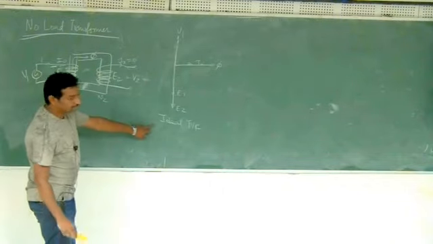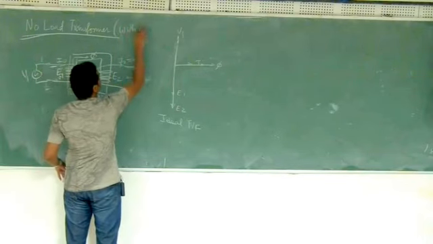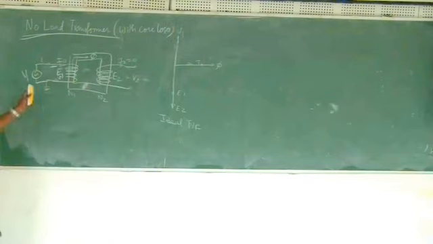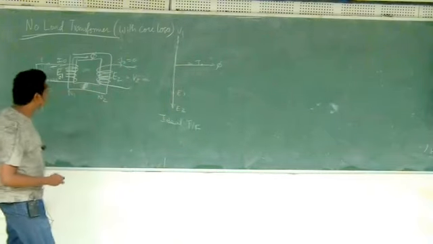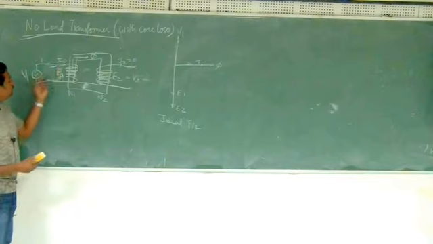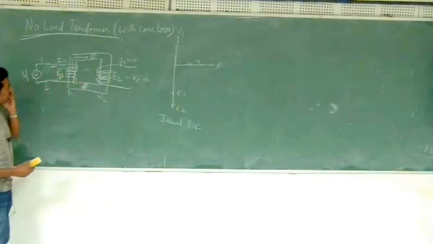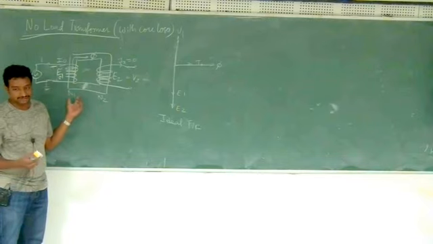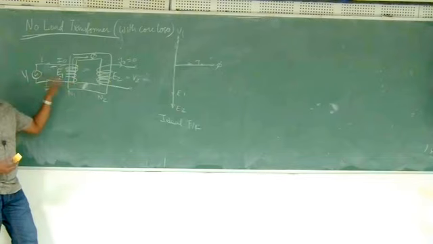Now this is actually an ideal transformer. So now let's come to the no load transformer with core losses. What if you consider core losses? Last week we discussed how to model core losses. You assume that V1 and I0 are 90 degrees to each other, then there is actually no active power taken by the transformer. But if you physically connect a practical transformer in the laboratory, you will notice that some active power is also going. It's not purely inductive, purely reactive power.